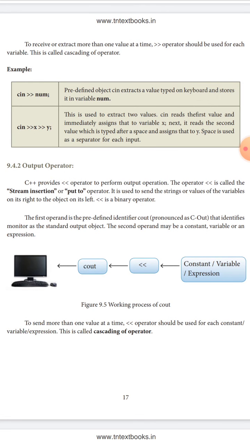The second operand may be a constant, variable or expression. To send more than one value at a time, the operator should be used with each constant, variable or expression. This is called cascading of the operator.